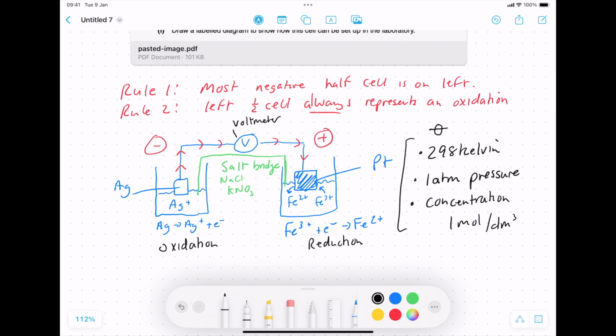Typically this sort of question is about 6 marks and is part of a bigger question where they go on to ask: what voltage does this cell produce? What is the overall redox equation? What is the cell statement? Now, if you're thinking about that information, well, I've covered that